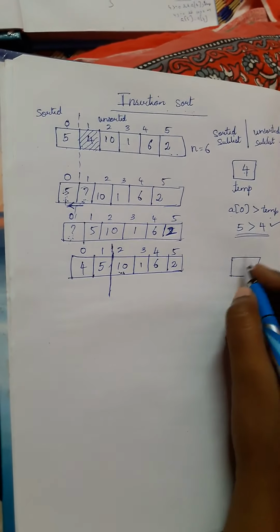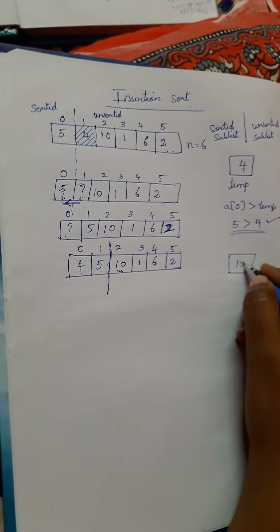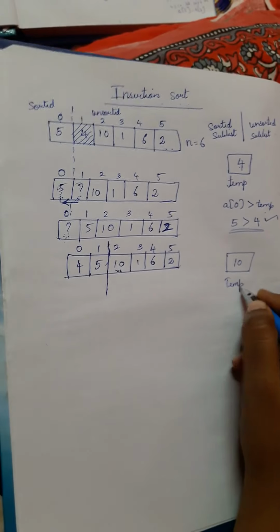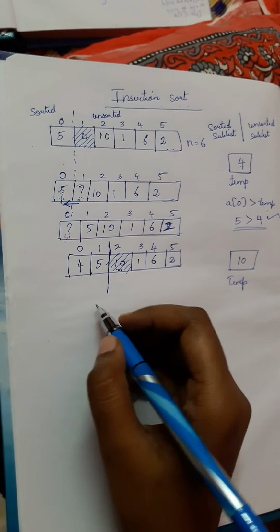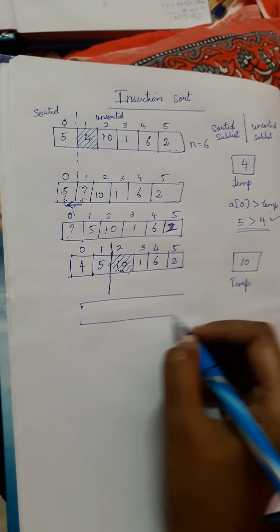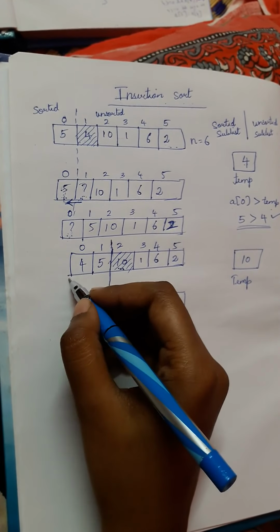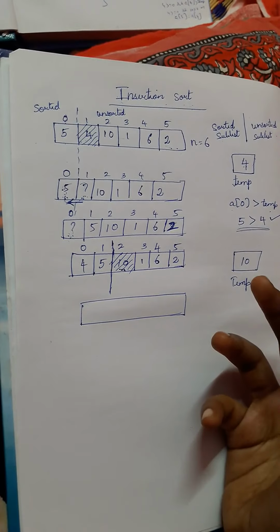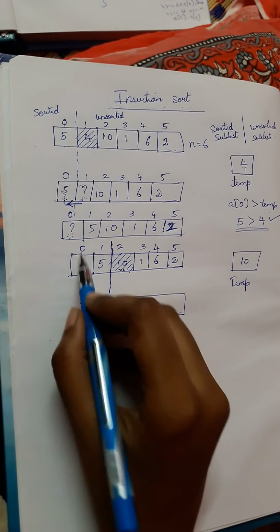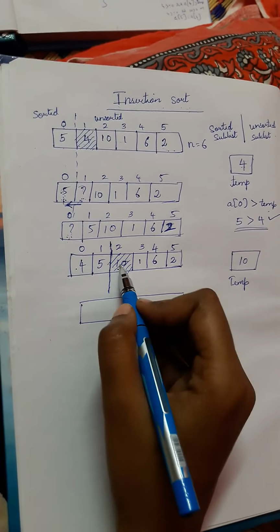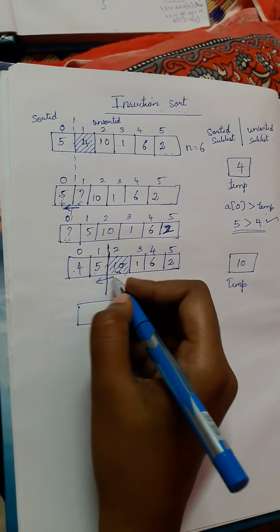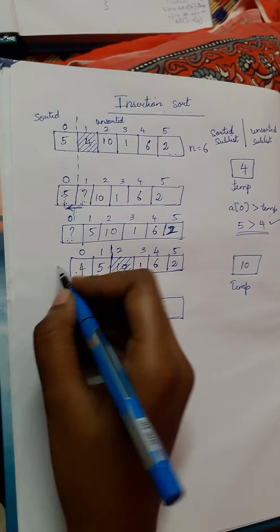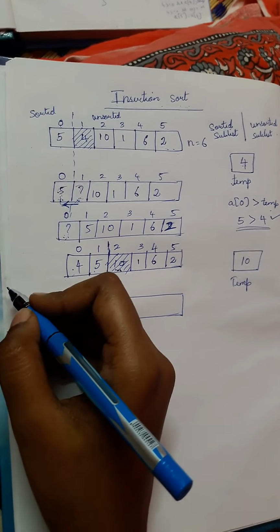So now I am going to check the next condition. Now 10 will be stored in temp. Okay, so at this place no value is here. Now in this order only I have to check. You should not consider that we will start from the beginning and compare this value with this value, it is not like that. Always we need to go in this order only, one then the next element. In the decreasing order we are going to check.